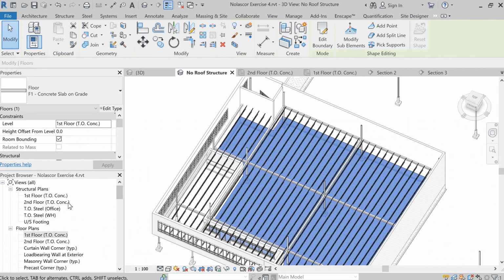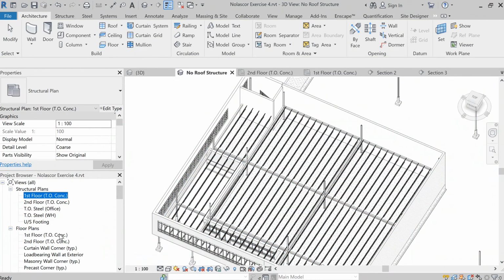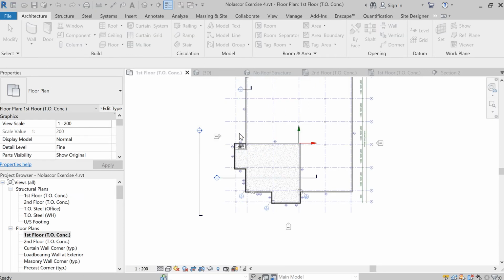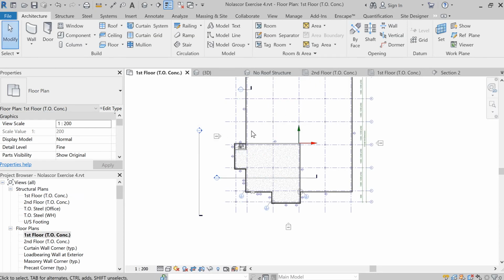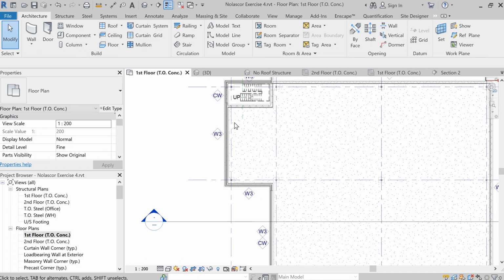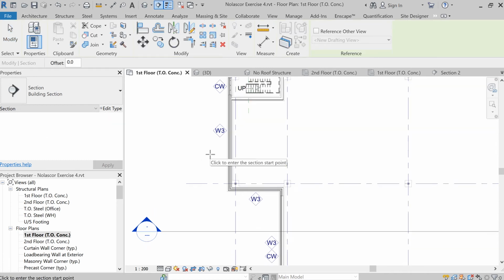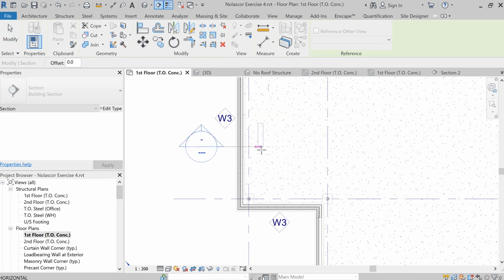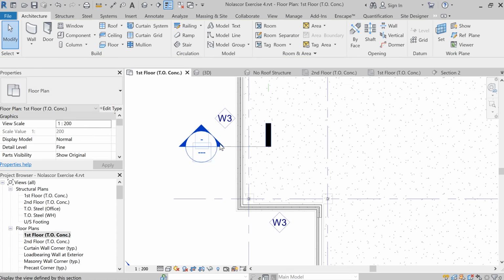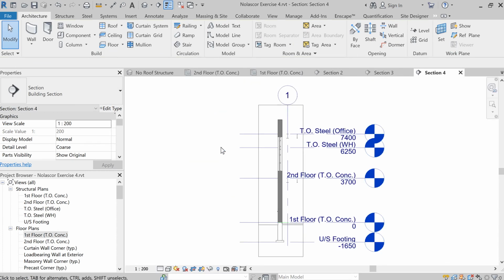Let's go back to the first floor level and create a section to check the connection between your floor and your wall. It's always nice to do this, especially if you're doing it for the first time. So cut a section through the wall, double click,